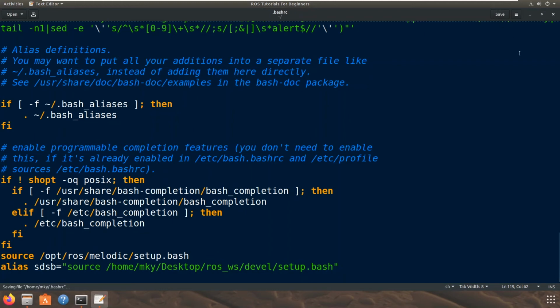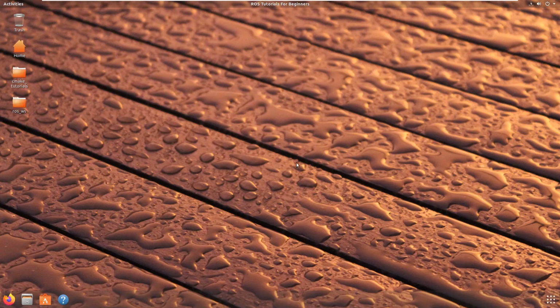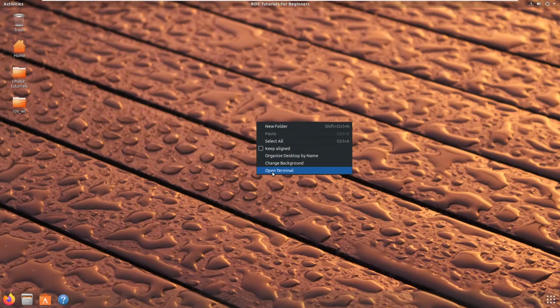This means that every time we execute the sdsb command in a terminal, this command is going to be executed. Here, sdsb is an abbreviation for source devel/setup.bash, and you can create any other creative aliases if you want. For the terminal to recognize this alias, we will close and reopen the terminal.